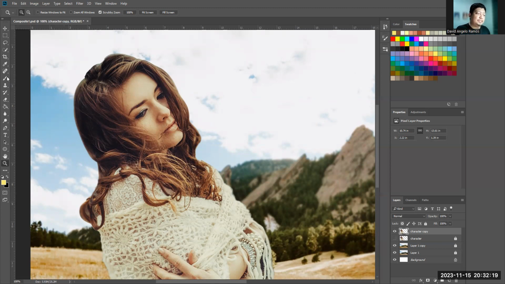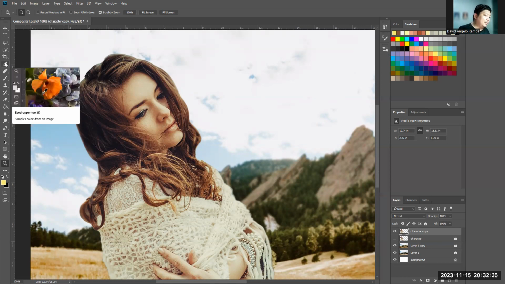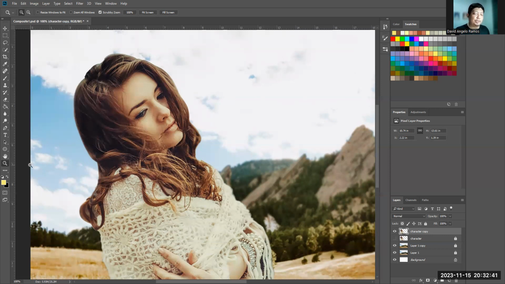Here is the brush tool, and here is the eyedropper, which is located somewhere here. Okay, there you go. This is the eyedropper right here. The shortcut of the eyedropper command is I. The shortcut for the brush tool is B, as in beta. So if I am going to press B,